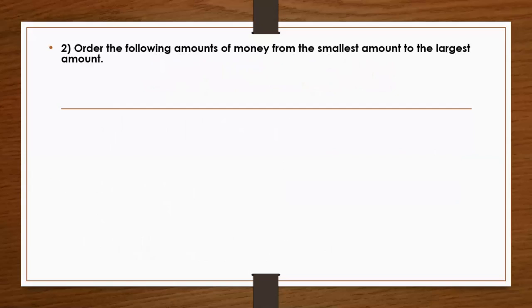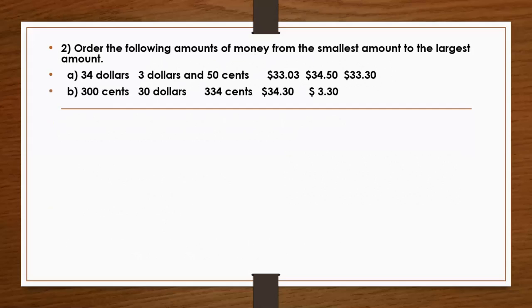Okay, here comes the second question. Order the following amounts of money from the smallest amount to the largest amount. Okay, let's see the amounts of money. A part is $34, $3.50, $33.03, $34.50, $33.30. B part is 300 cents, $30, 334 cents, $34.30,